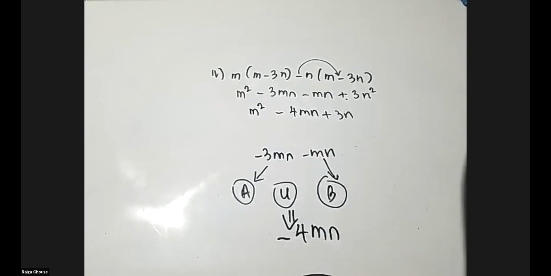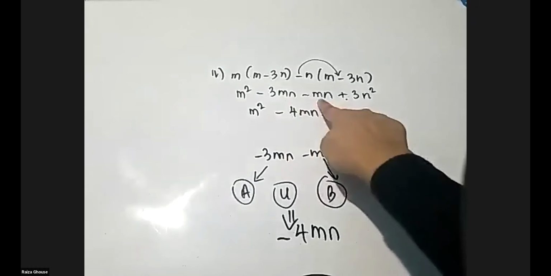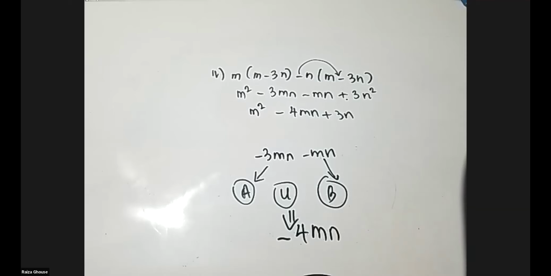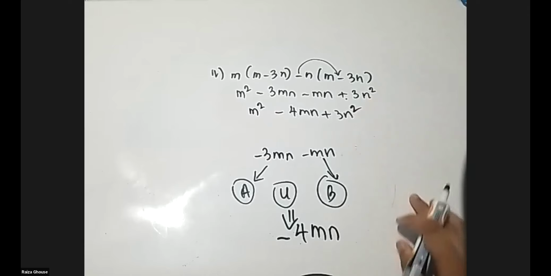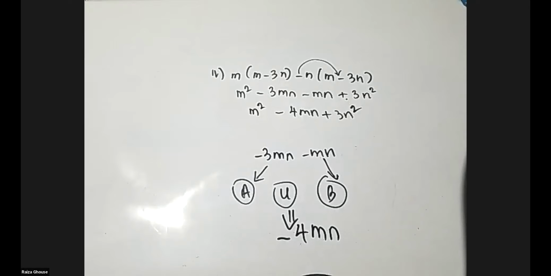Everybody? Can you explain it again, please? Okay, I'll explain it again. I think you want this part. No, I want that final answer. I got m squared minus 4mn plus 3n squared. Yeah, correct. That's my mistake. Here, this is 3n squared. Okay, who got all correct in the first part?